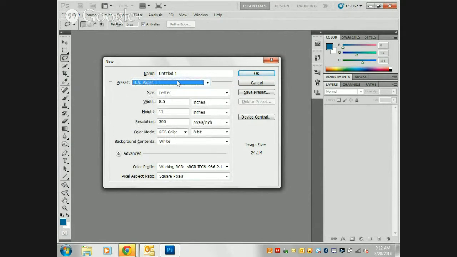So again, recap important things. Preset, I just use paper. Make sure it says inches, RGB color, and just leave it as white. It'll always most likely be white. I've never had it where it just opened up as transparent. All right, so when they click OK,